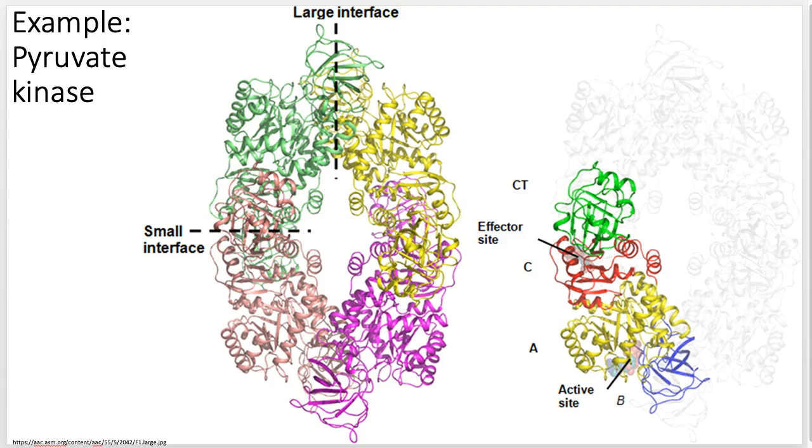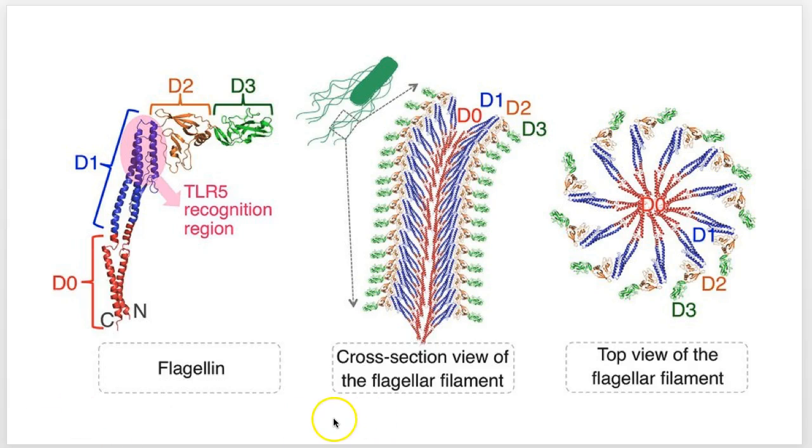Now it doesn't necessarily have to have repeating subunits, though sometimes it does. In this case, this is flagellin, like flagella for bacteria, or sperm. You'll have a repeating subunit, and this is your repeating unit with 4 different domains. Why they go 0, 1, 2, 3 instead of 1, 2, 3, 4, I don't know. But toll-like receptor 5 is actually a detection mechanism from your immune system. It looks for this portion of flagellin,